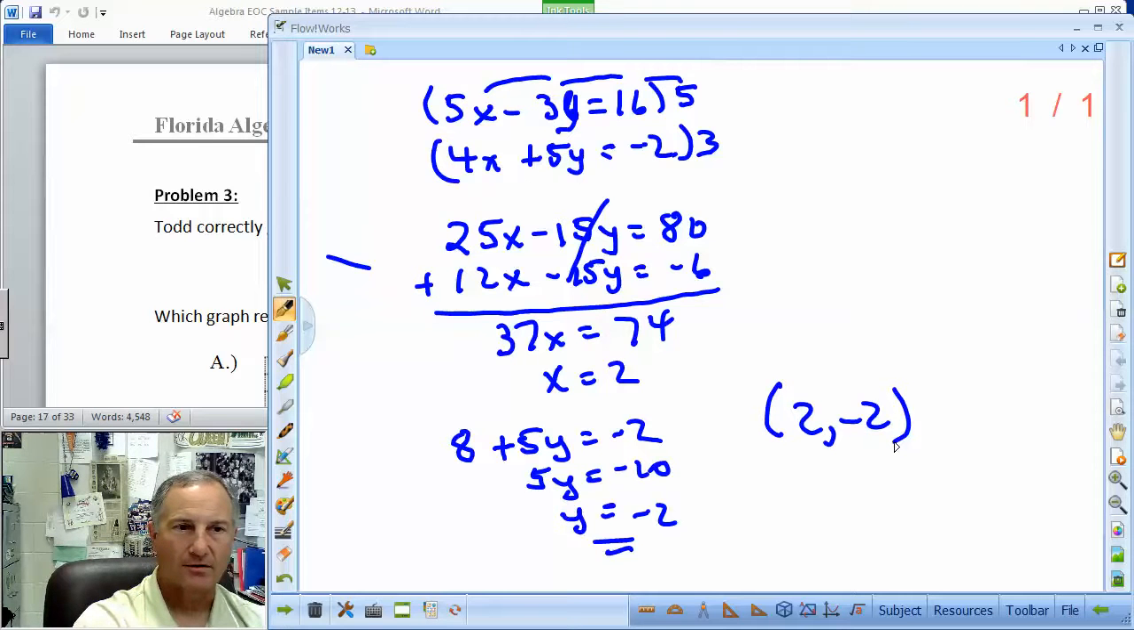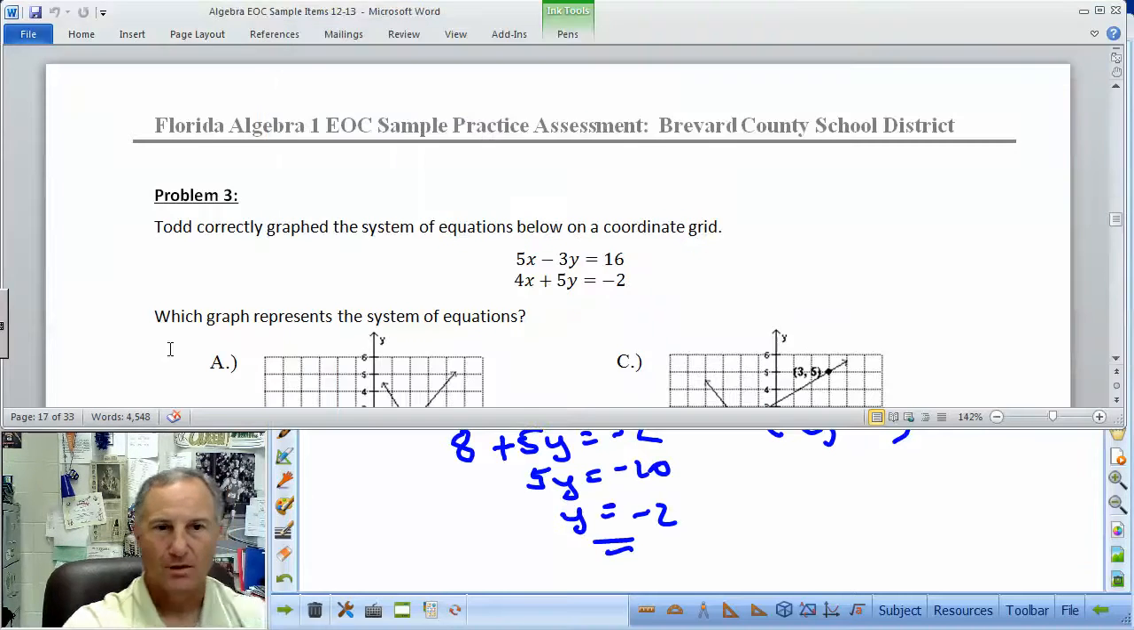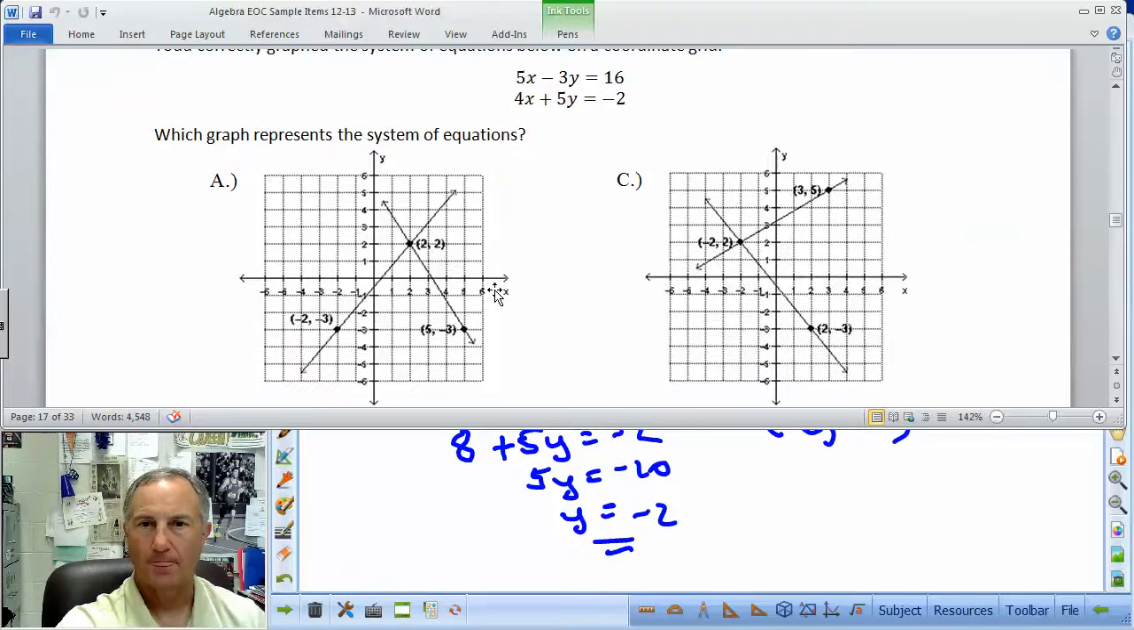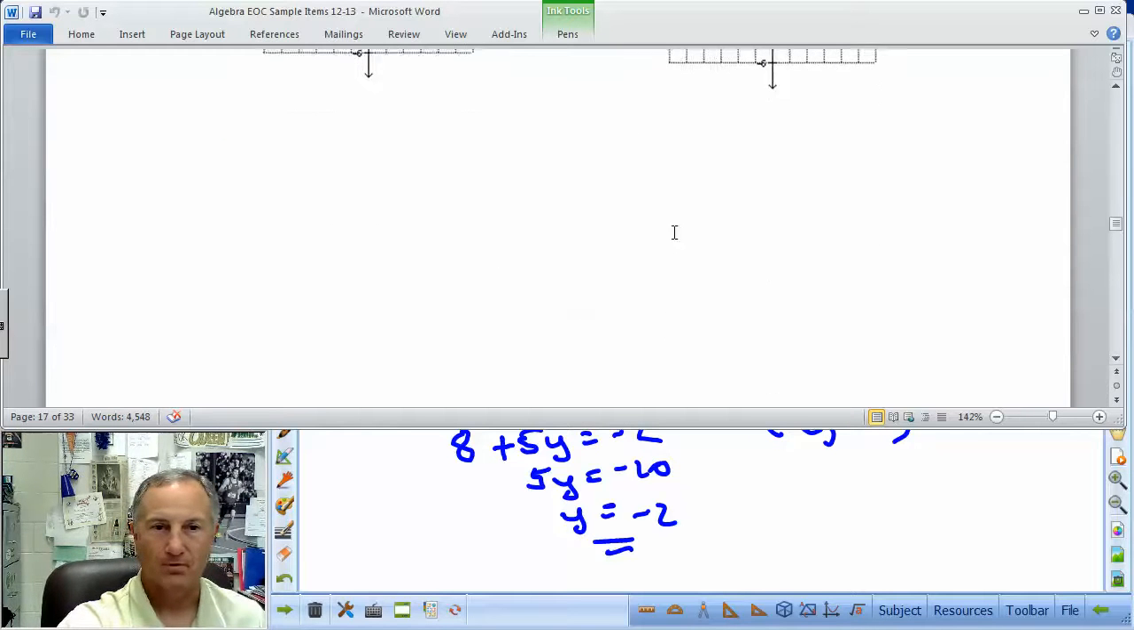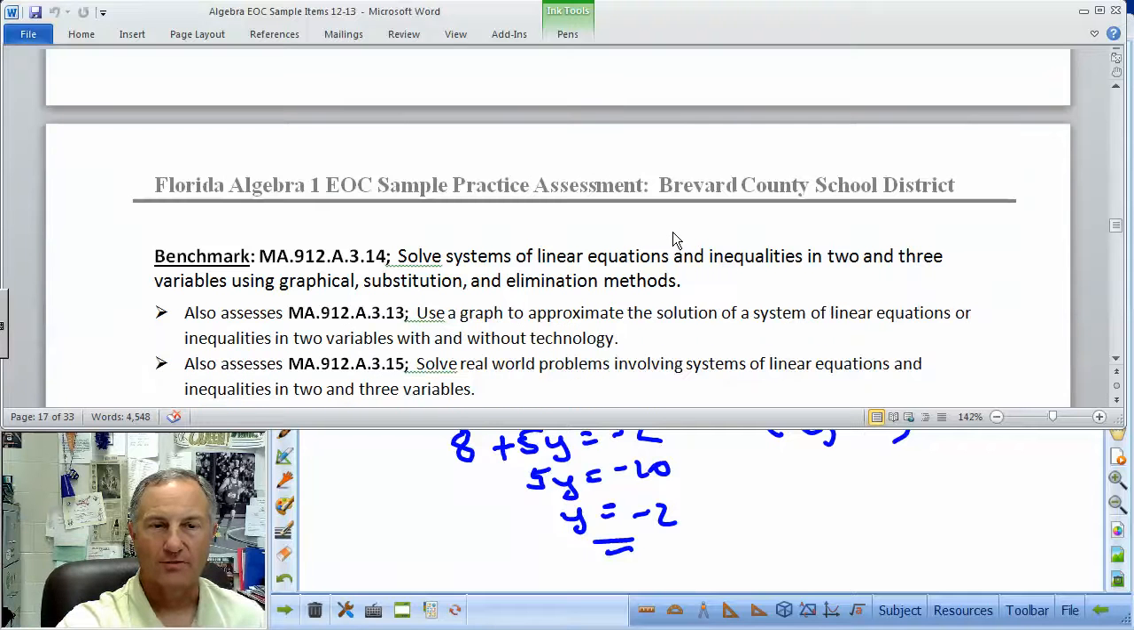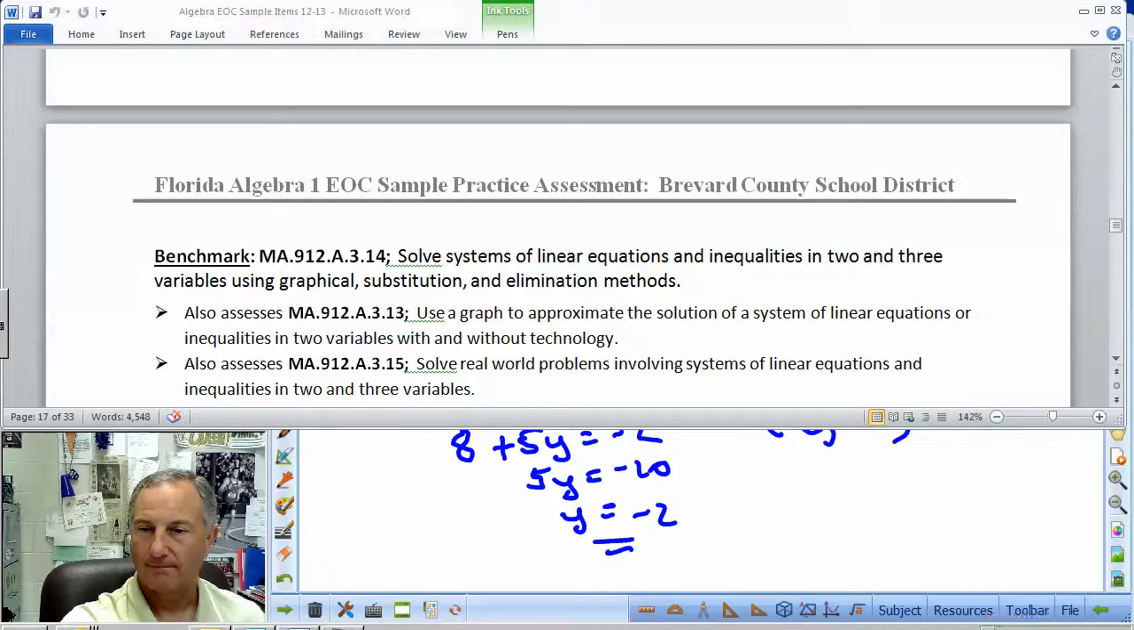Okay, so let's go back here. (2, -2) is right there. It's the only one that has (2, -2). So your answer here is D. You look at that on the answer sheet and it is correct. Okay, so that's it for that one, and we'll come back and start on 314 the next time. All right, hopefully this